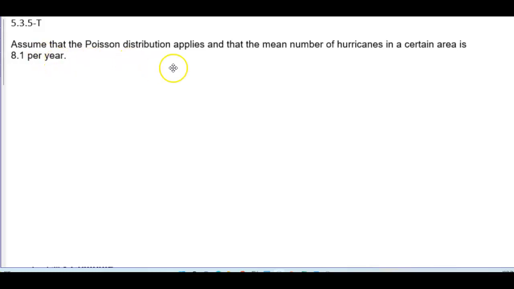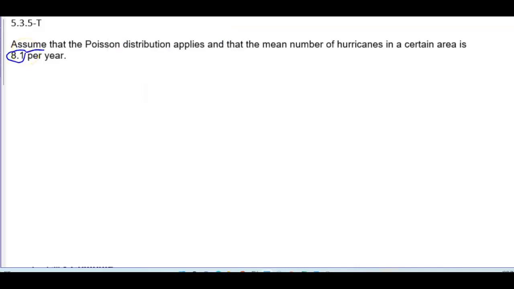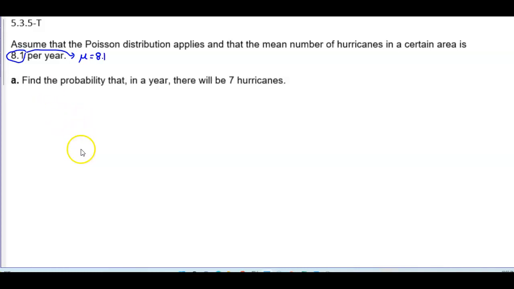Assume that the Poisson distribution applies and that the mean number of hurricanes in a certain area is 8.1 per year. So what it's telling us here is that we can say that the mean is 8.1. So we know that the mean is given as 8.1 per year. Now we want to find the probability that in a year there will be 7 hurricanes. So 7 hurricanes means that we want to find out what is the probability that x is going to equal